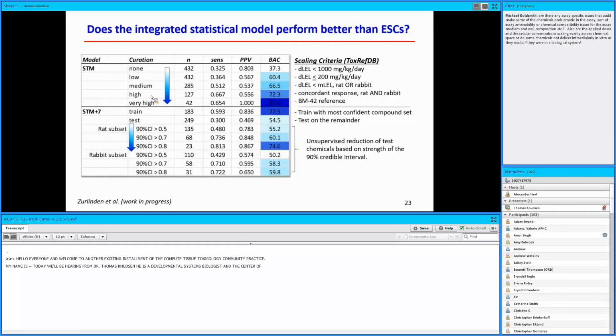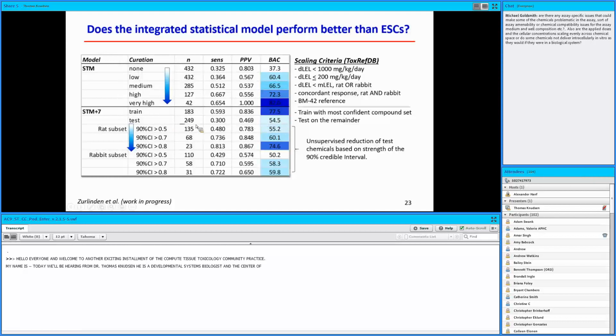So one can ask the question, does this integrated statistical model add to the stem cell prediction on its own? The top I've already shown, that was from the graph I showed earlier. Just going to focus on the color coding of the balanced accuracy. The darker the blue, the better the prediction. It's sort of gauged against the median standard here. When we did the training model, we got very good results. We got almost up to 78% balanced accuracy. But when we applied that to the held out test sets, it barely gave us a prediction above